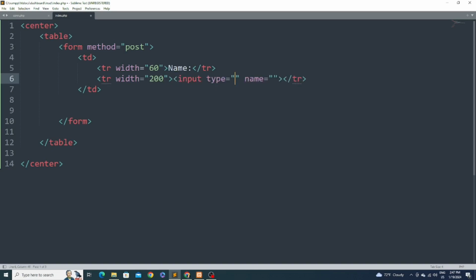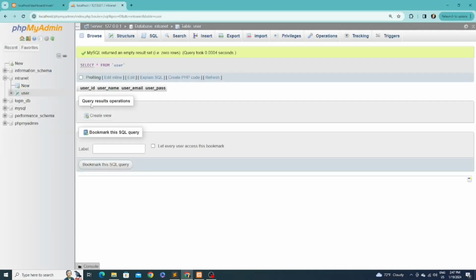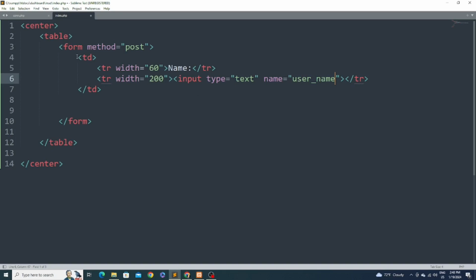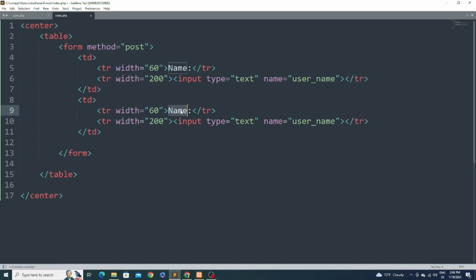Here is going to be input type text. The name is going to be username. Username means this: username. User ID, I don't need to put anything there because this is going to be auto increment like we saw before. Then I copy it, Control C, click here, Control V. Now I'm going to put email,